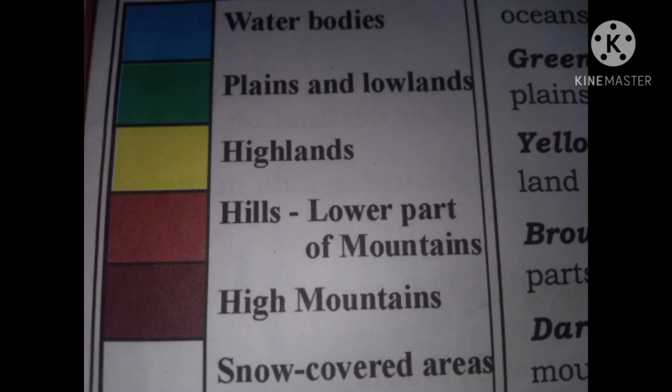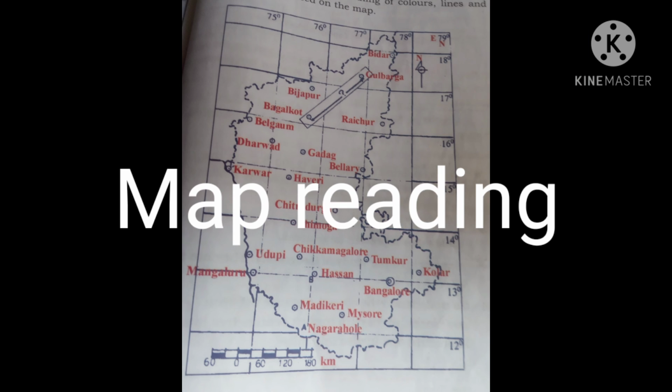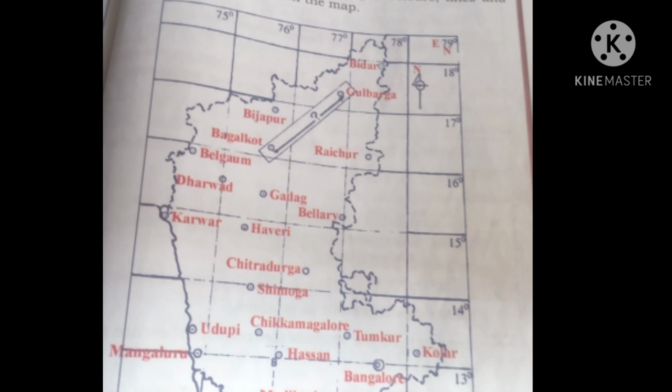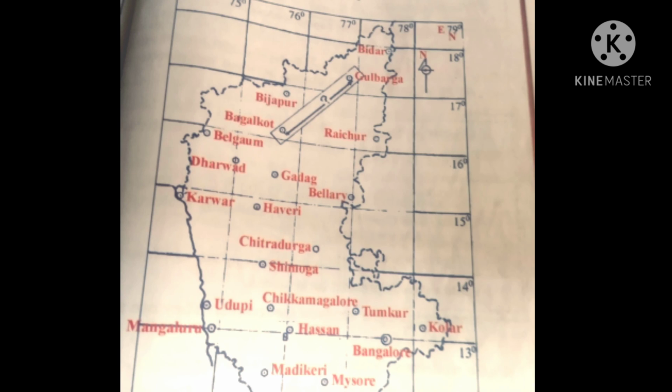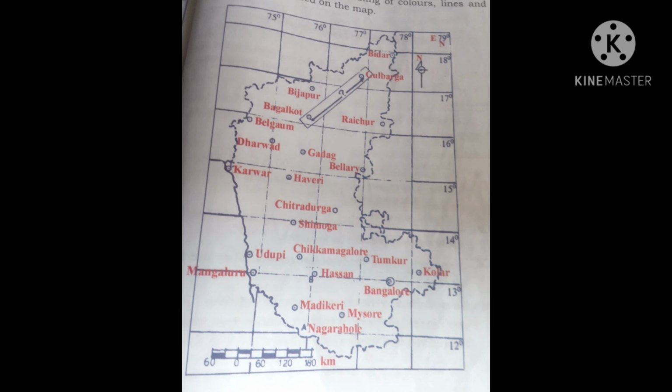To read and understand a map, you need to know the meaning of the symbols that are used in the map. Just like how you read the letters of the alphabet to form meaningful words, no? In the same way, you need to know the symbols that are used in the map to read a map. So the different colors, the lines and what those symbols denote, everything you should be knowing. In this map you can see, children, all the latitudes, longitudes are there, the scale is there, the distance between the two places is there, then the capital city is marked.